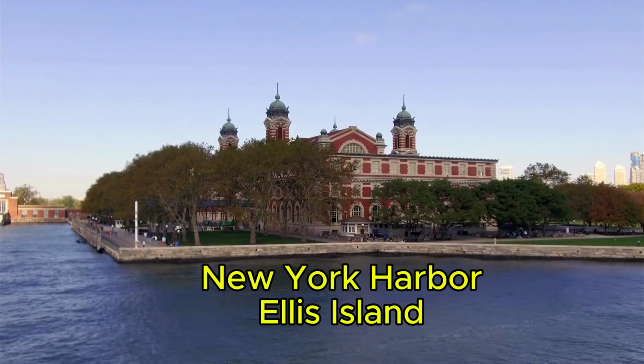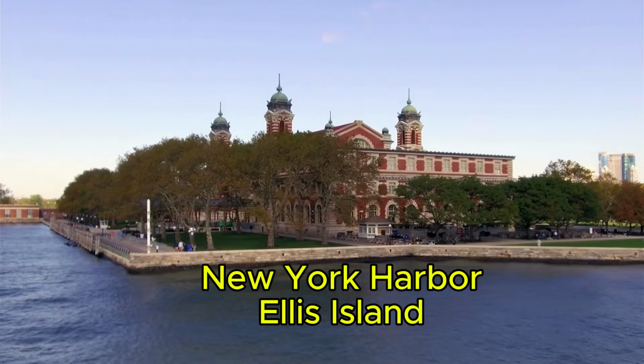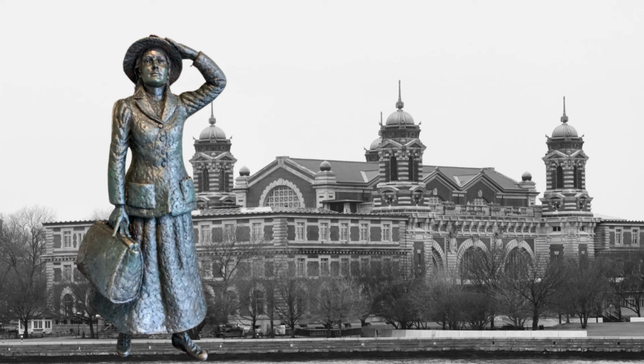Right. And the reason she was traveling there with her two brothers, her parents had gone ahead to the U.S. 2 years prior. And so once they got things settled, then they sent for Annie and her brothers, and they traveled to the U.S. by ship. And there also is a statue at Ellis Island of Annie Moore. However, we did notice that in this statue, Annie is by herself, so we were a bit concerned. Now, her brothers did arrive safely, right along with her. They were met at the port by their parents,